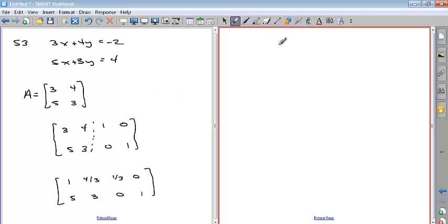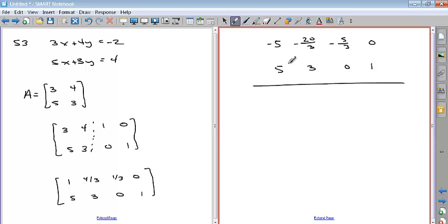Then if I take the first row and multiply it by 5, or -5. So this times -5 is negative 1 times -5 is -5. Here you'll get -20/3, and then you'll get -5/3, and you'll get 0. So that's the first row multiplied by -5. Then you add that to the second row,